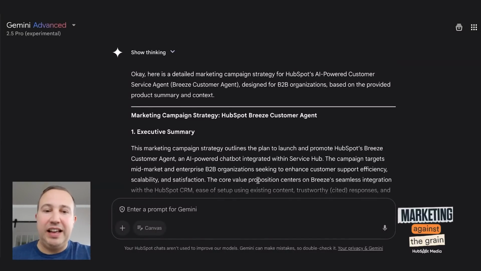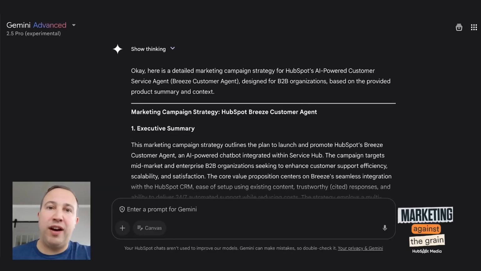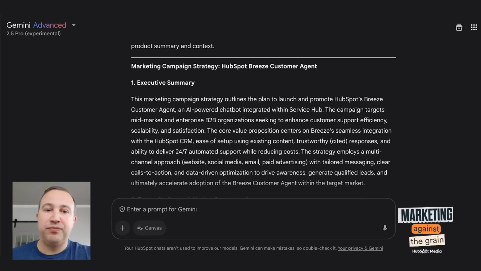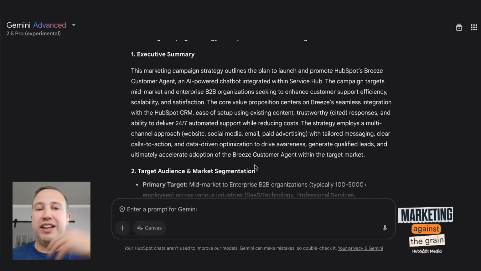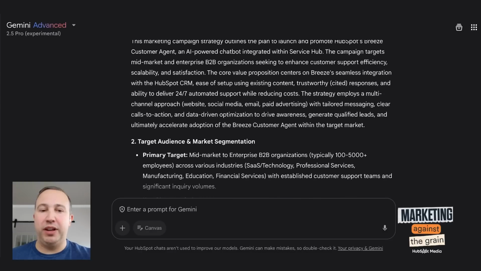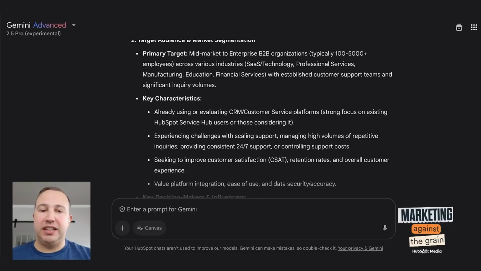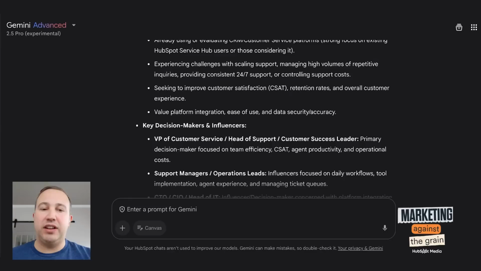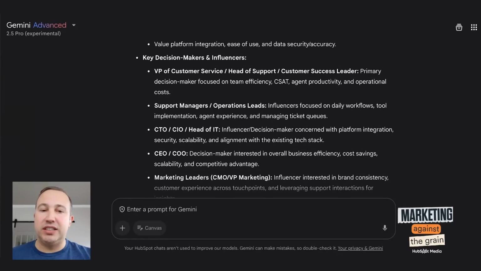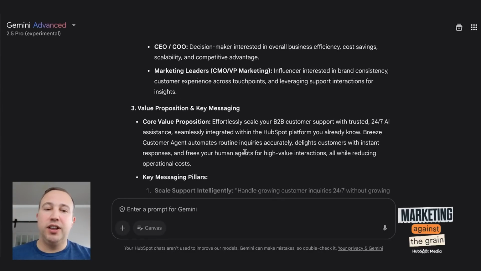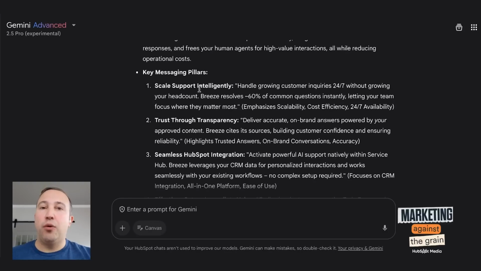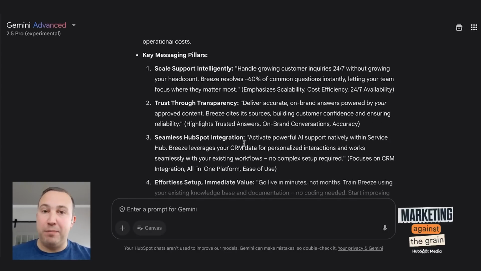And Kieran, it gave me a really amazing strategy because Gemini 2.5 Pro is a really good strategist. And it builds an entire marketing campaign for me. It tells me my target audience, the key characteristics of that target audience, who the key decision makers are, the value proposition, what the core pillars of my messaging should be.